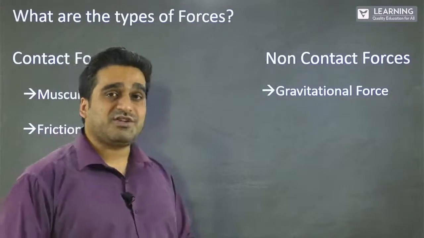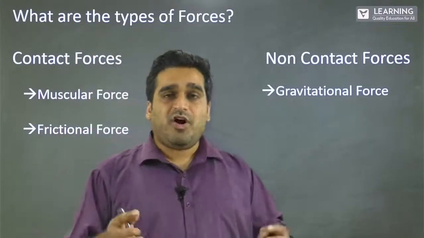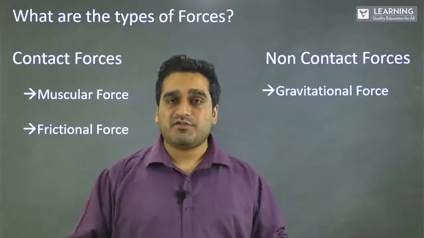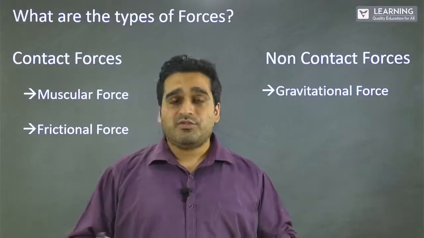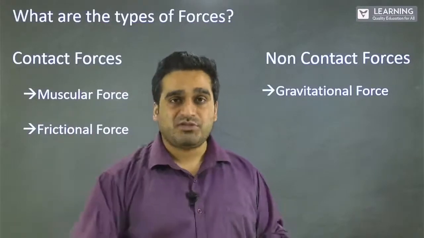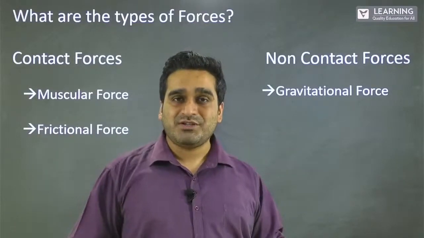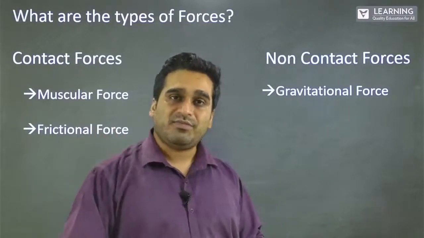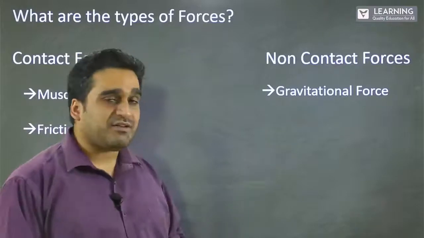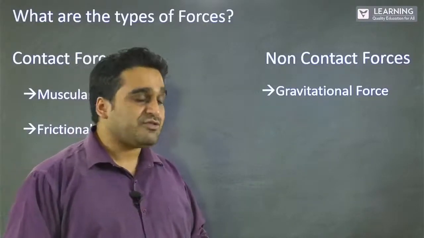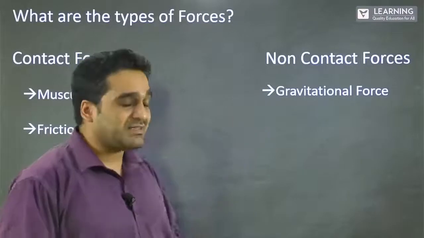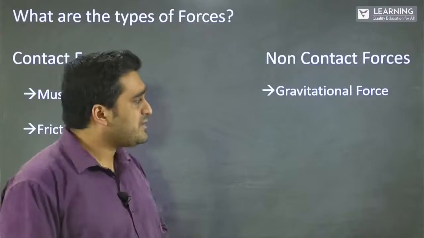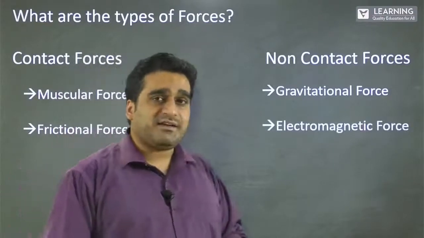One is a gravitational force. Any object that is freely let go falls to the ground. You don't see anyone pushing the object to the ground, but it takes place automatically by itself. Objects fall to the ground because of what is known as a gravitational force, and this is an example of a non-contact force. A few other examples: electromagnetic force,